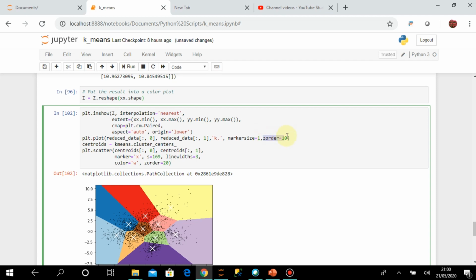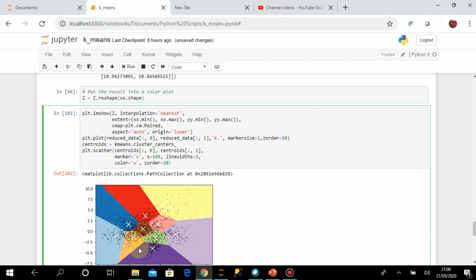The zorder is 10 for these black ones, and zorder is 20 for these white ones. You can check the orders and see how it behaves, but you should have a difference of at least 5 to 10, otherwise you cannot understand. From the order you understand that I want to prioritize the white one. When they are black and white together, white should be more prominent, that's what I want.